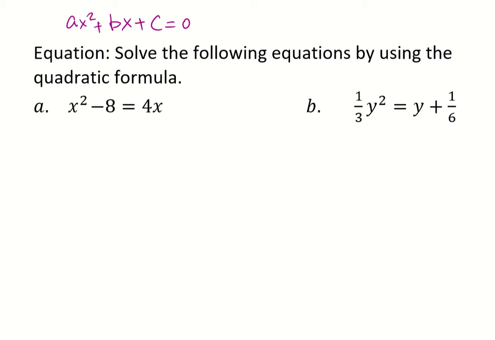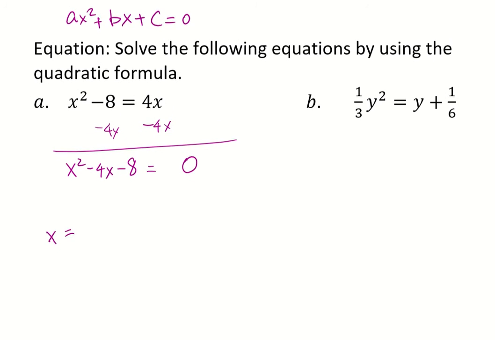So I will subtract 4x on both sides, so that the right side is 0 here. The left side, the first term is the x squared term. So x squared, then it's the x term, minus 4x, then it's the constant term, which is the number term, minus 8. Okay, now that the equation is in the standard form, we can use the formula, which is